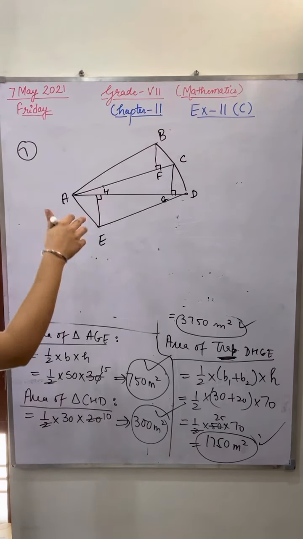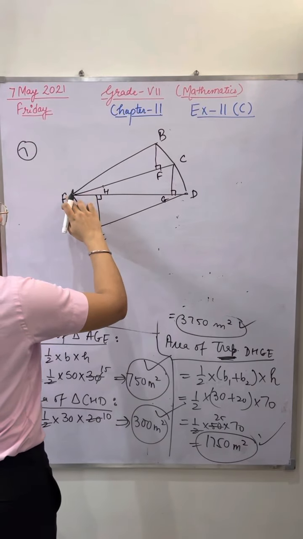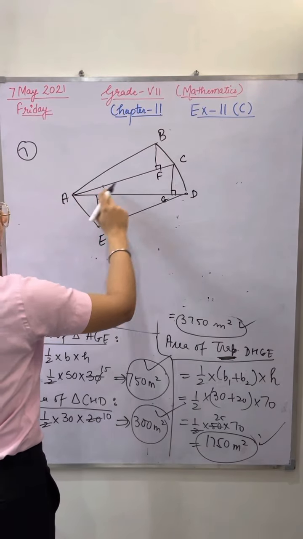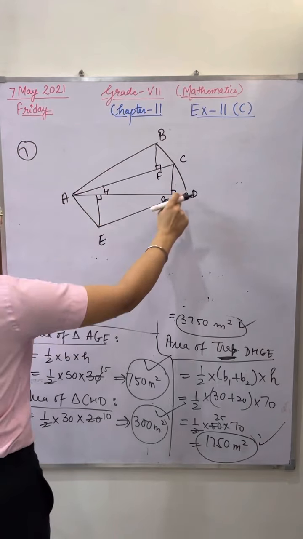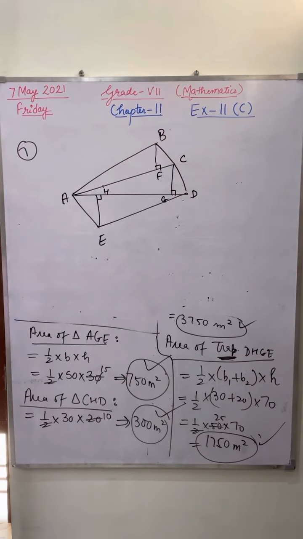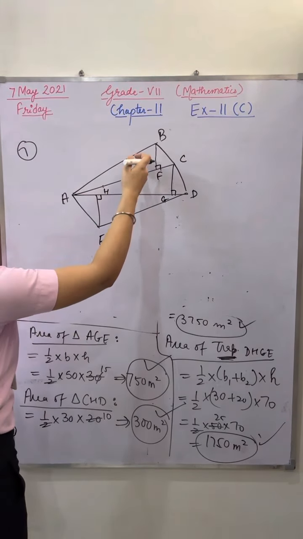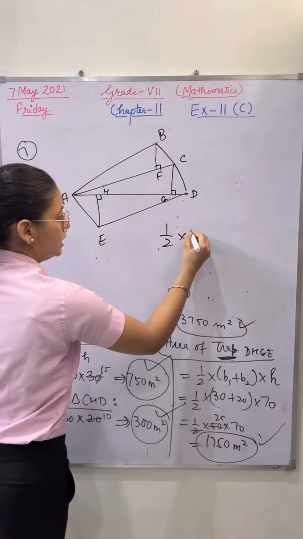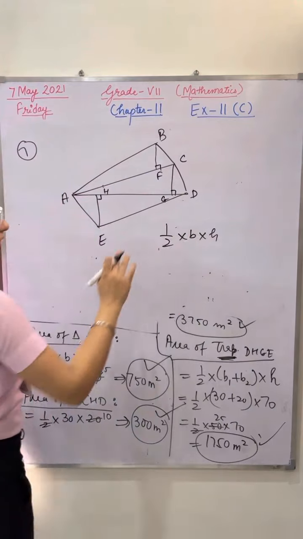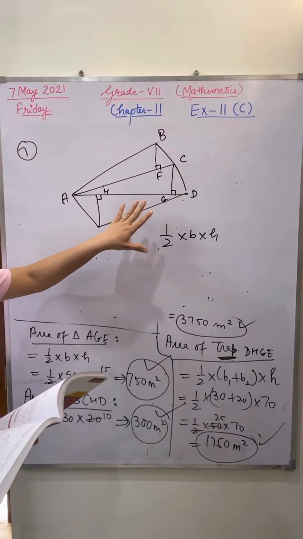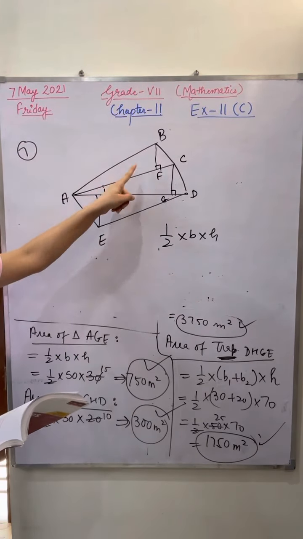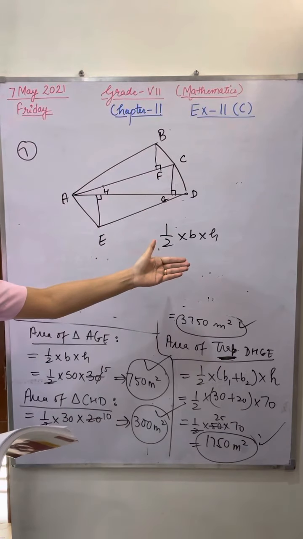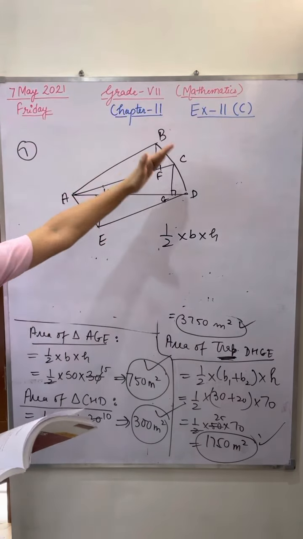So in this you have to take triangle ABC, triangle ACD, triangle AED. These 3 triangles you have to consider: ABC, ACD and ADE. Take out the areas one by one. Area of triangle is half into base into height. I have not written the lengths here; that is given in the book. Take out the area of all these triangles, add them, and take out the area of this complete pentagon.